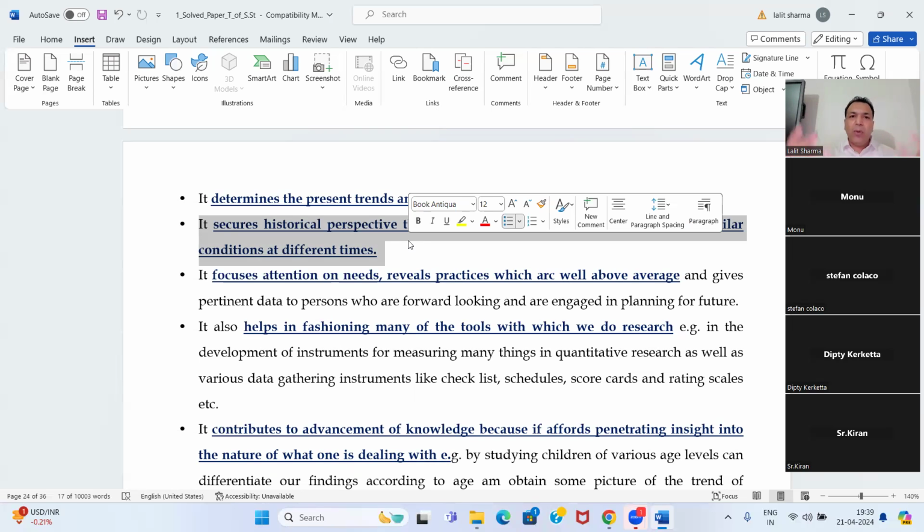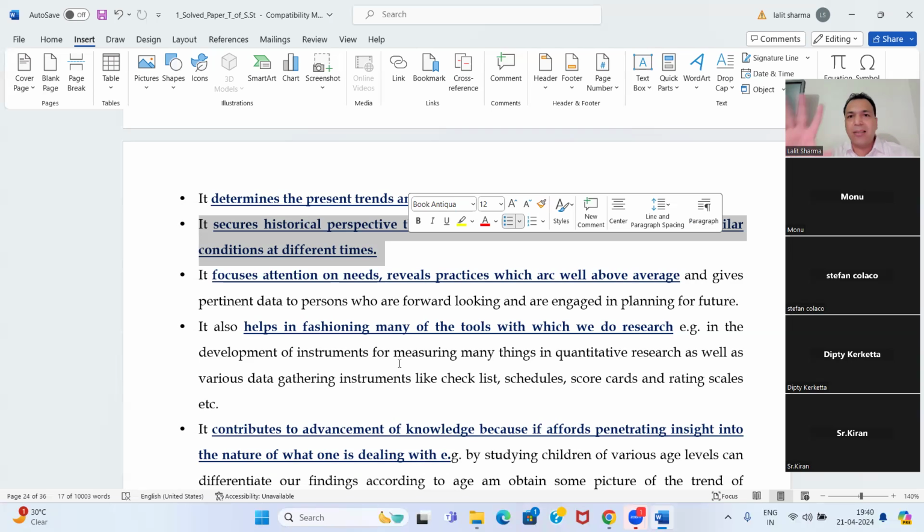ओके, फ्रॉम दैट वे ना यू मेक इन योर माइंड, स्टेप्स वुड बी क्लियर, राइट. फर्स्ट है see the problem, second defining the problem, third is see the data whether it is qualitative or quantitative, fourth is development of the tool, fifth is collection of the data, sixth is interpretation of the data, seventh is making the report, right.